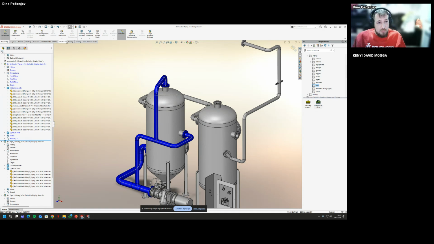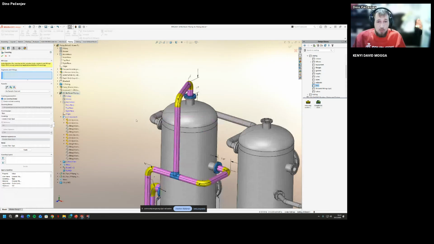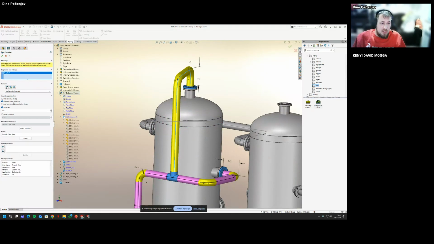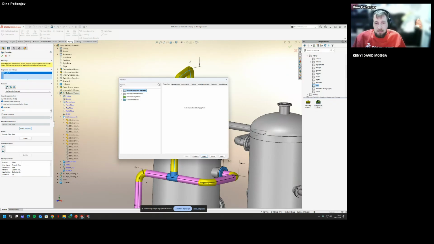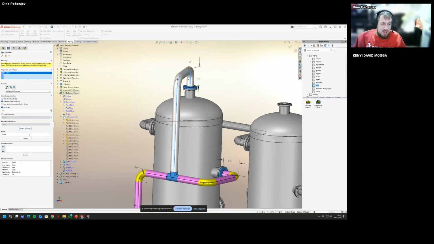I mentioned coverings, so we're going to do it now. I want to do the covering, and I can create the whole section auto fitting, for example, here. We can use the covering library we defined in the routing library manager, or we can create a custom covering, define the thickness, and select the material. The material used is from the SolidWorks material database, so you also have additional control over it. And we're going to say apply, and it's set.